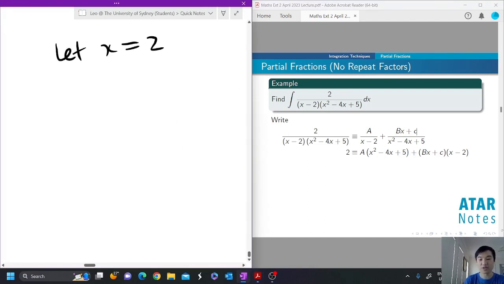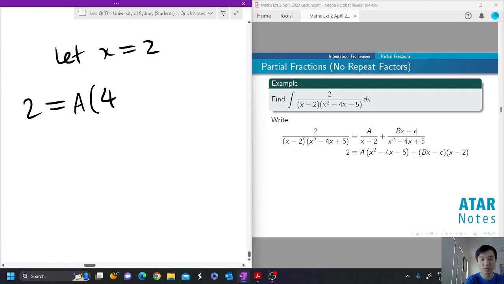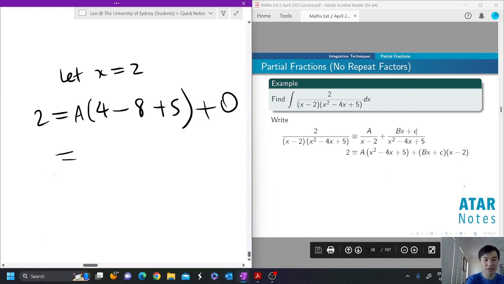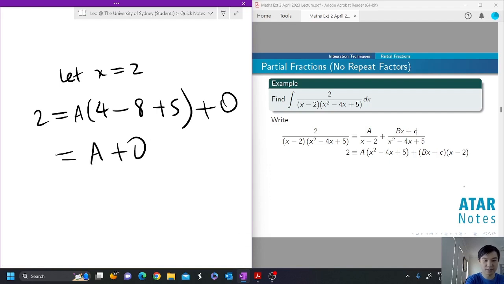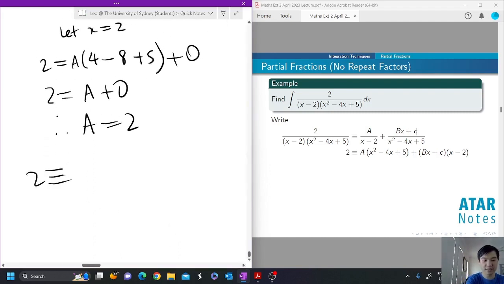On the left, there's no value for x, so it just stays 2. So 2 is equal to a times 2 squared, which is 4, minus 4 times 2, which is 8, plus 5. And here, this is 0, so that entire thing goes away. So we know that this is going to be negative 4 plus 5, which is 1. So that is going to be a plus 0 is 2. Therefore, a is just going to be 2, which is lovely. So now we know that 2 is identically equal to 2